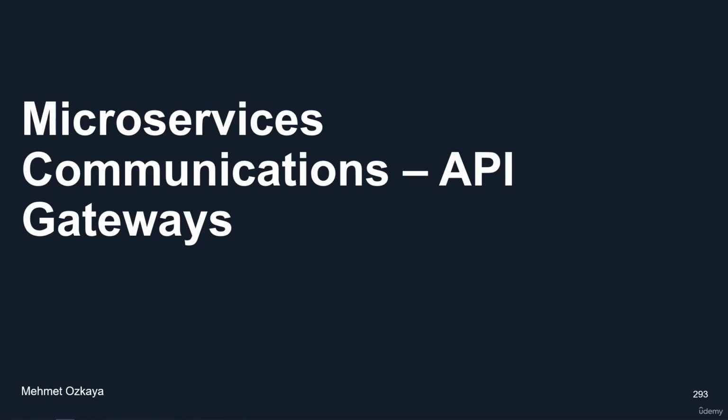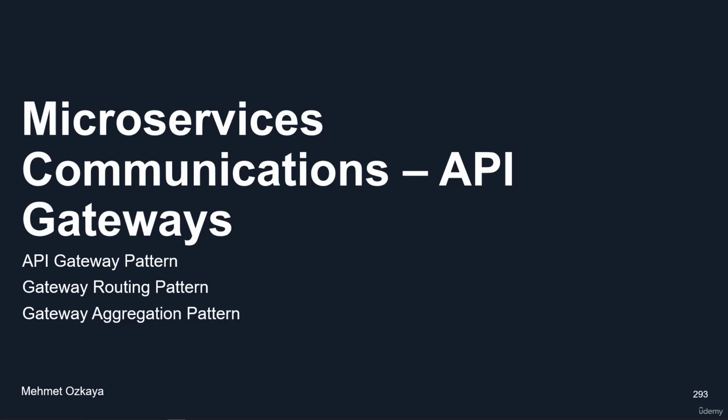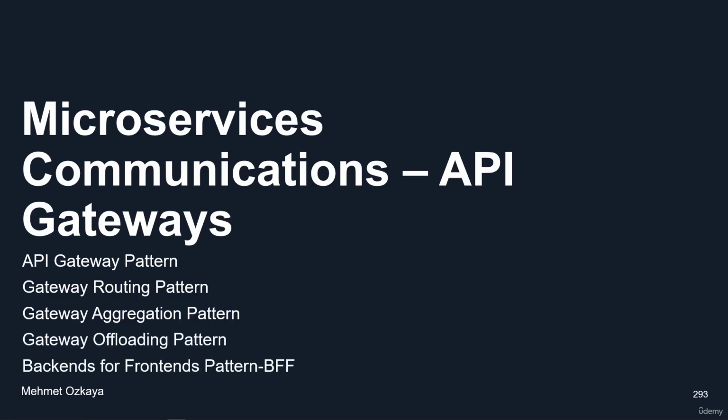In this section, we are going to learn microservices communication patterns, which are related to the API gateway patterns. This is a huge topic under microservice communication. We will cover the API gateway pattern, gateway routing pattern, gateway aggregation pattern, gateway offloading pattern, backend for frontend pattern, and we will continue with service-to-service communications between backend internal microservices, and also we